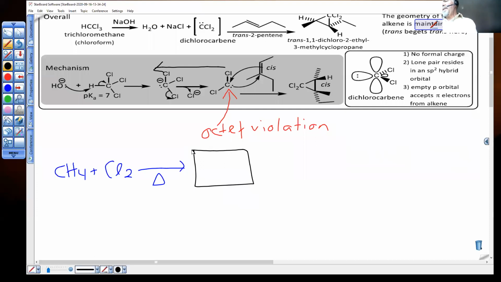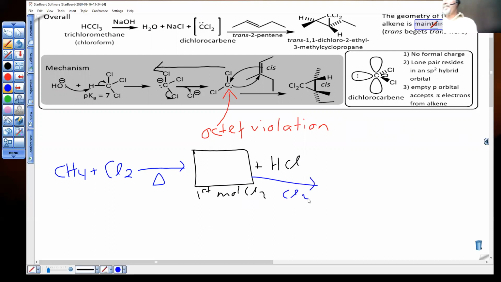And this would be 1 mole Cl2, and you make HCl. I don't like the way I made that happen. First mole Cl2, and you make HCl. And then you continue the reaction,